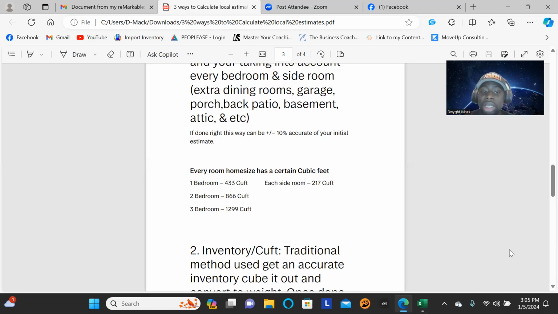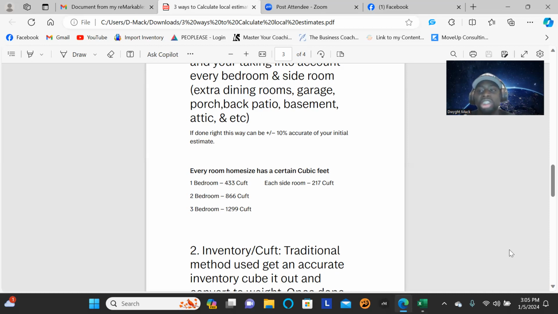You could then just put in, hey, the customer has 1 bedroom. You already know the 1 bedroom equals 433 cubic feet, and you already know each side room equals 277 cubic feet. So even when you're on-site, yes, you can still cube everything out. You can still get an inventory, whatever the case is. But to save the customer time and save yourself time, if you're fumbling trying to figure out, let me break this down, let me factor in the stairs, let me factor in where we have to go,